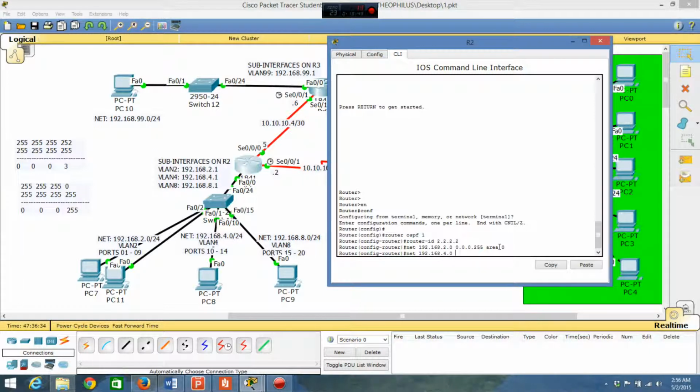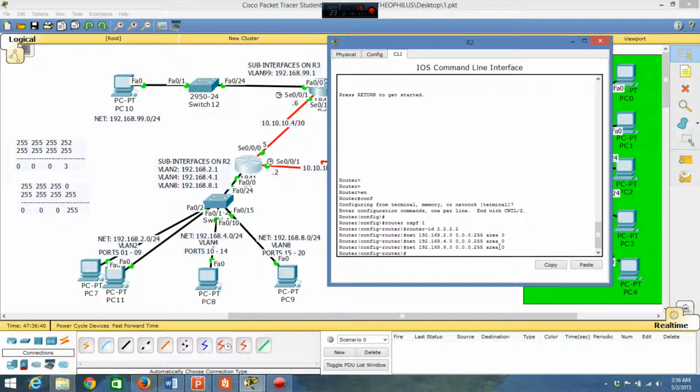You do enter. You do the same for the other network, 192.168.4.0, 0.0.0.255, area 0. Okay, and the last VLAN network is 192.168.8.0, 0.0.0.255, area 0. Next, you want to do the same for